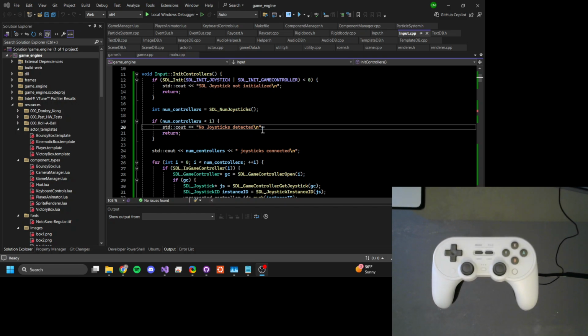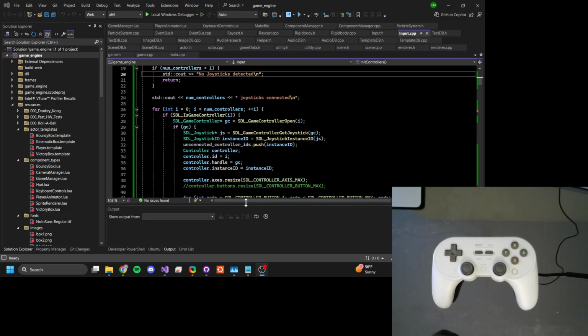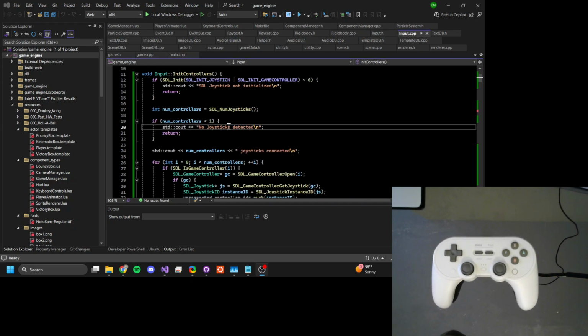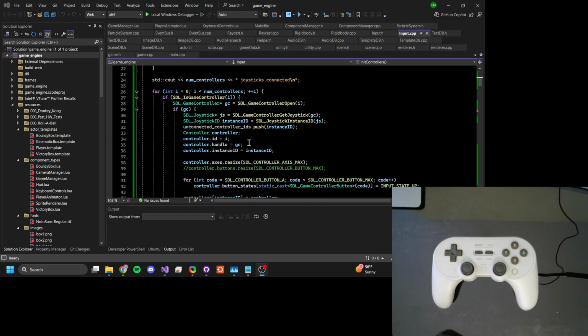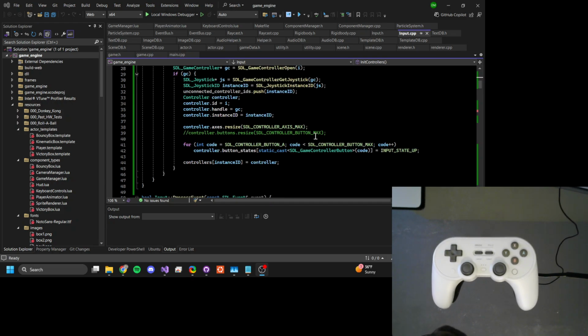Chiefly, this comes down to the fact that there can be multiple controllers, and I wanted to be able to balance for that. So the system that I came up with involves first just detecting all of the controllers that are connected to the computer when the game is started. Next week I'd like to be able to add controllers on the fly, but I was not able to do that this week. So when the system first starts up, it detects all of the controllers and it caches all of them basically. So it knows that they exist in